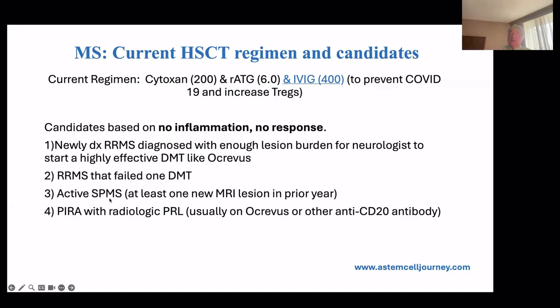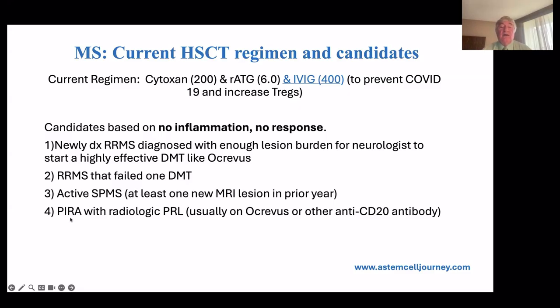progressive. So we won't do secondary progressive, but there's two types. Active means within the last year they've had a new lesion, an MRI or an enhancing lesion. Non-active means within the last year they haven't. I won't do non-active. We can still help active secondary progressive, but not nearly as much. We're getting to them almost too late to treat them, but we're right there where we can still help them